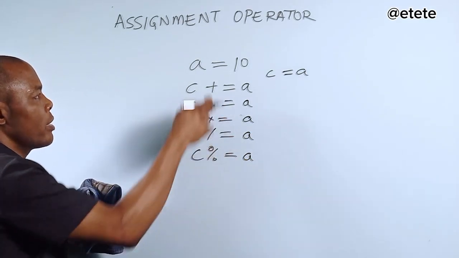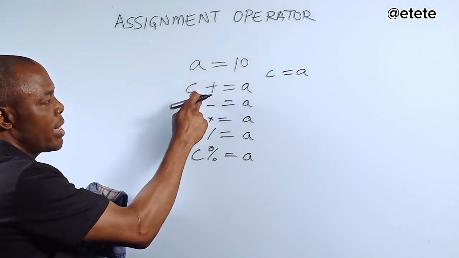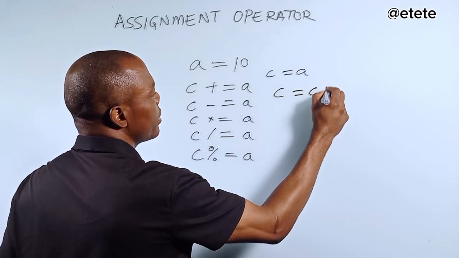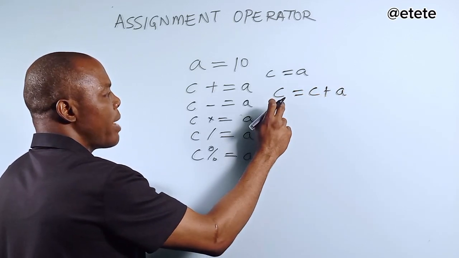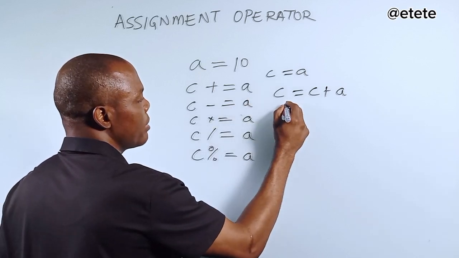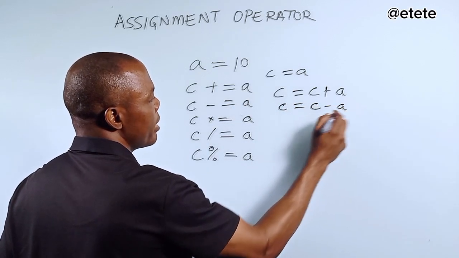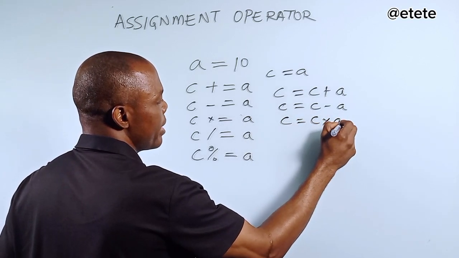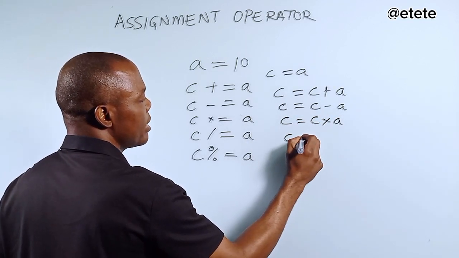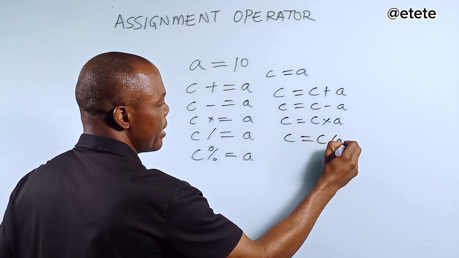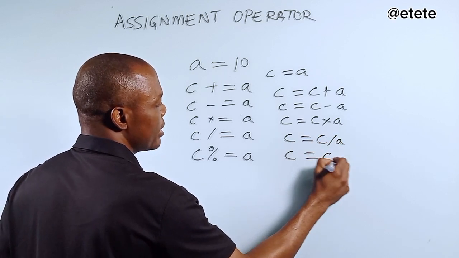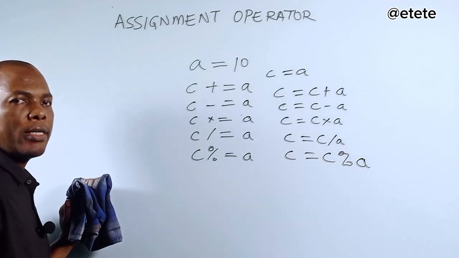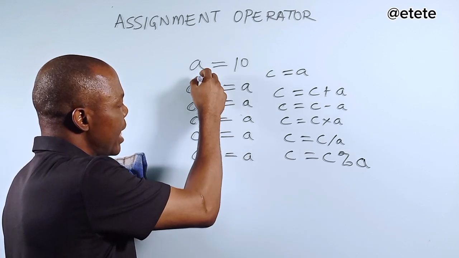Now, what does this mean? This one is assigning A to C. Now, what does this mean? This is the same thing as saying C plus A, then you reassign the value back to C. This one is the same thing as saying C minus A, then you reassign the value back to C. This one is the same thing as saying C multiplied by A, then reassign the value back. This is the same thing as saying C divided by A. This is the same thing as saying C modulus A, and then you reassign the value back to C. So these are assignment operators,